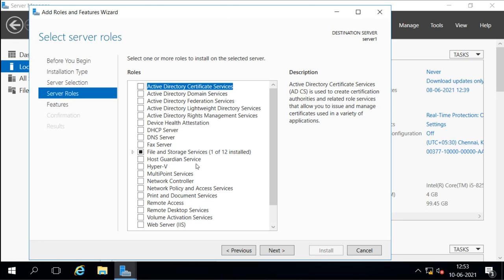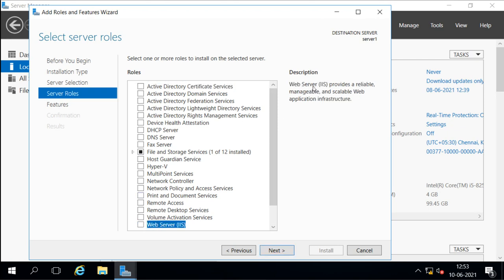Now what we need is Hyper-V or any other role. Suppose I select a role, for example web services. When I click on it, it shows me a detailed description here of what this role is going to do. Web server is IIS, which provides a reliable, manageable and scalable web application infrastructure.